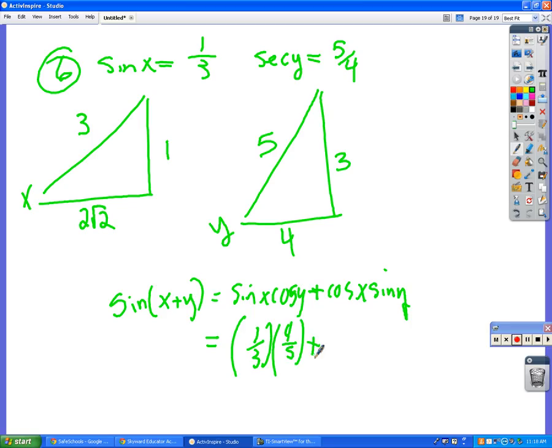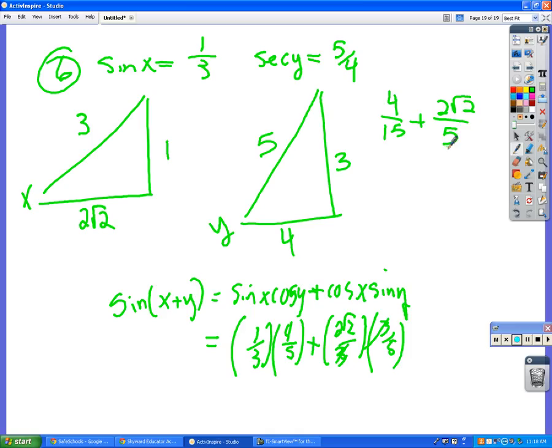Plus the cosine of x is 2√2/3 times the sine of y. What is the sine of y? 3/5, so that's going to be 4/15 plus, here the 3's cancel,